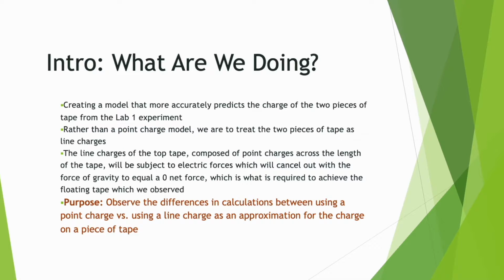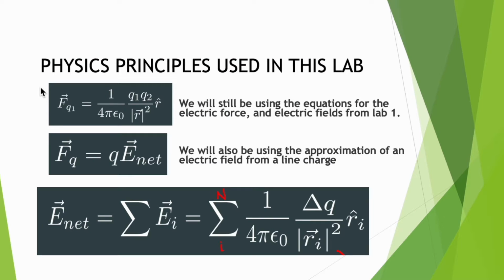The line charge from the top tape, which will be composed of point charges that are evenly spread across the length of the tape, will be subject to electric forces, which are going to cancel out with the force of gravity that's working against this top tape to equal zero net force, which is what will be necessary for it to float. In this lab, we're going to be using the same equations that we used in Lab 1